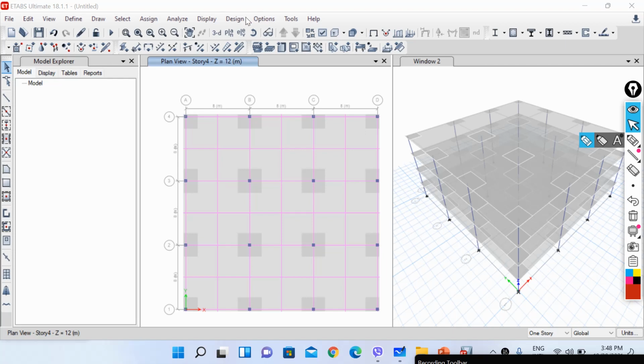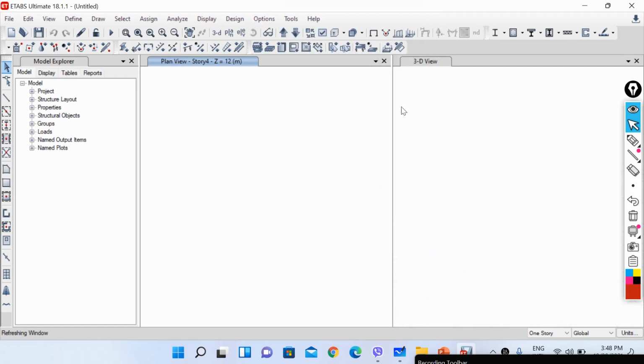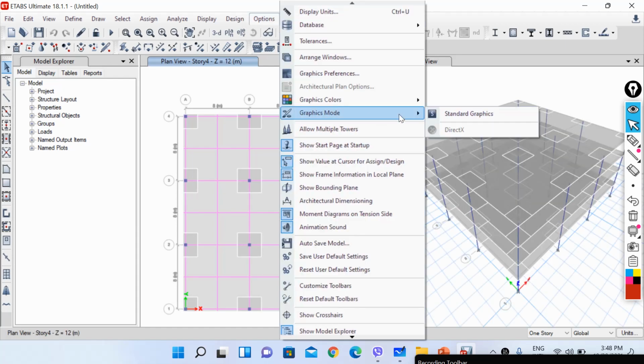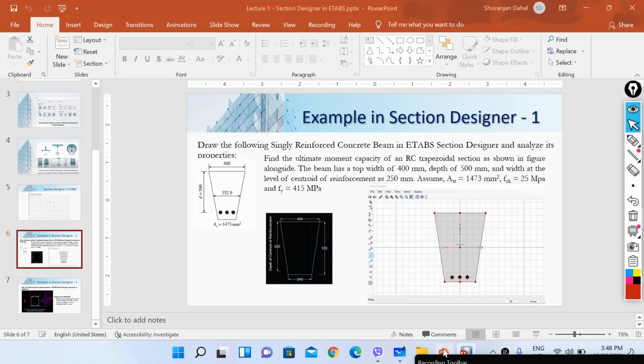So this model now appears on our screen here. Let me just change the graphics mode. Okay, so let's go back to our presentation, and you will see here that we have one